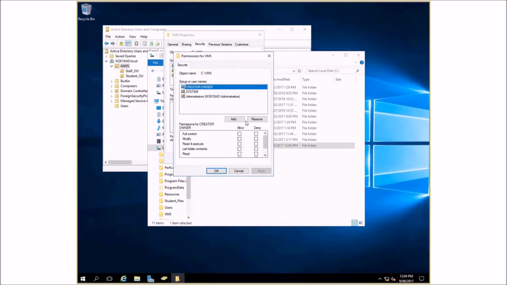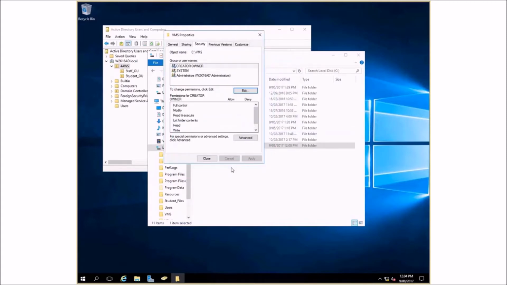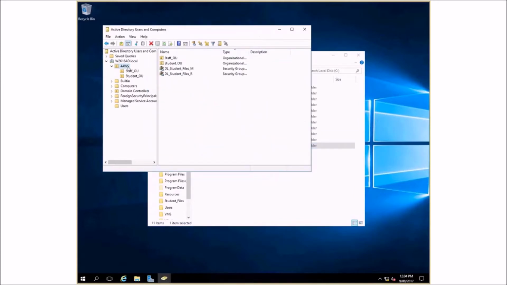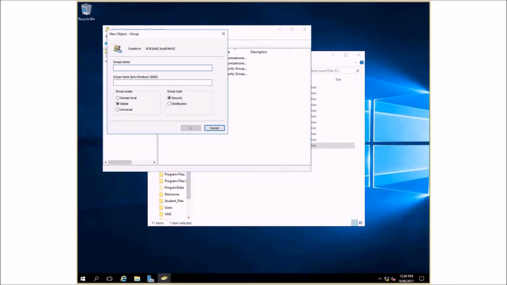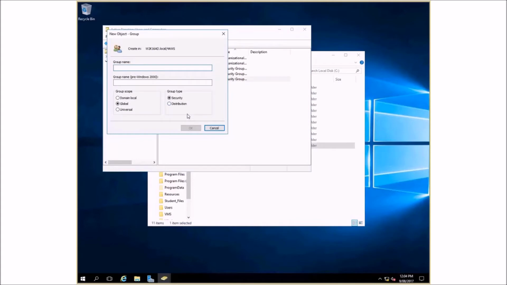And I'm going to now add. So if you remember, we have a, sorry, I should go back to my Active Directory now. So now we're going to create a group. We're going to call it DL VMs read access. This is the domain local group. That's what the DL stands for. And I'm going to create another group called DL VMs